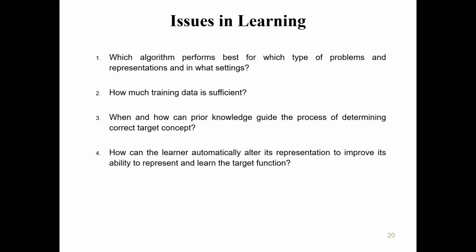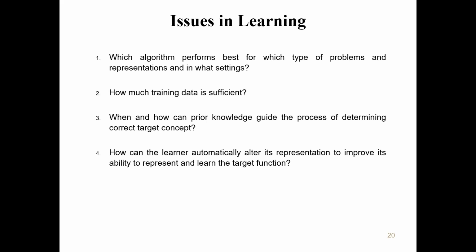Right. So there are certain issues in learning, and these are also very much valid in spatial data science. Okay. For example, if you have typically gone through a formal machine learning course, or if you have studied it on your own, you may have learned a large number of techniques and algorithms. Okay. So one very obvious question comes to our mind: which algorithm performs best for what kind of problem? For what settings? Okay, and the answer to this question is not direct, not easy. One may have to actually do several experiments under different settings for different types of problem to find out the best performing algorithm.